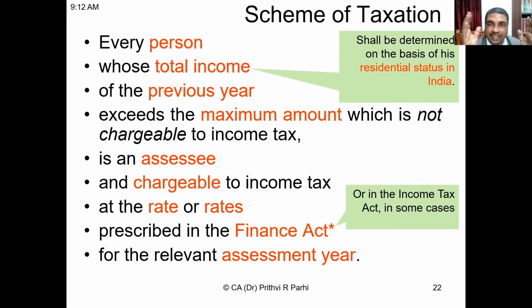But you see, most of the rates that we are going to apply on the total income are not prescribed in the Income Tax Act 1961. Rather, they are prescribed in the relevant Finance Act. Finance Act is popularly known as the budget. Every year one budget comes in the form of a finance bill, and when the finance bill gets the assent of the President of India, that becomes the Finance Act. The last Finance Act was Finance Act 2021. In another few days, Finance Act 2022 will be passed.